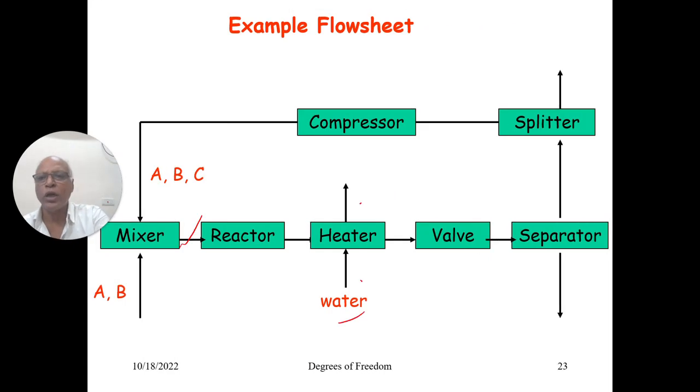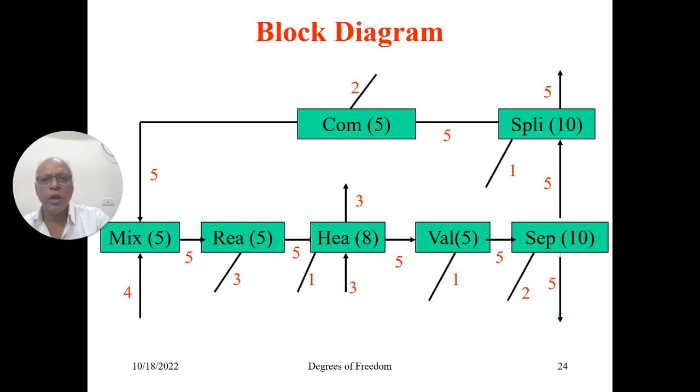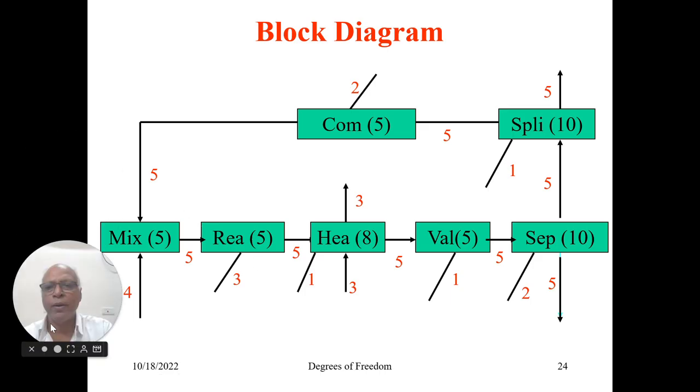We already know the number C with respect to each of these streams. Now you can see, because this is cooling water, which is only one component, the degrees of freedom is 3. Now what do you mean by these slanted lines? They represent the minimum number of equipment parameters involved with each of these equipment. If you assume that there is only one reaction happening, R plus 2 is the number of equipment parameters in the case of reactors, so that is indicated by 3.